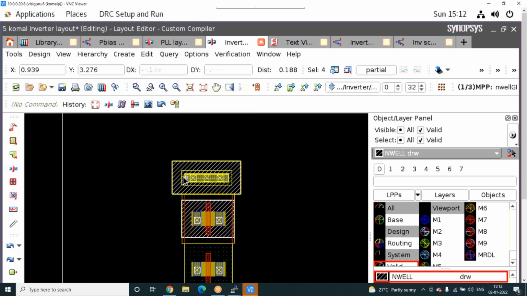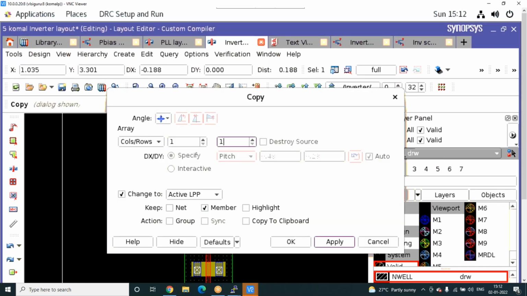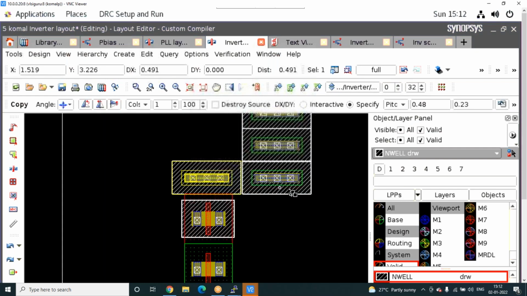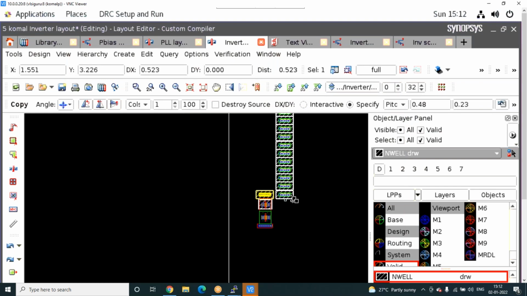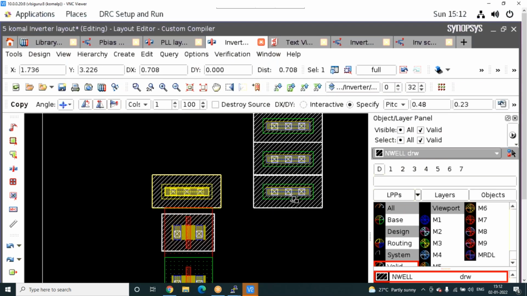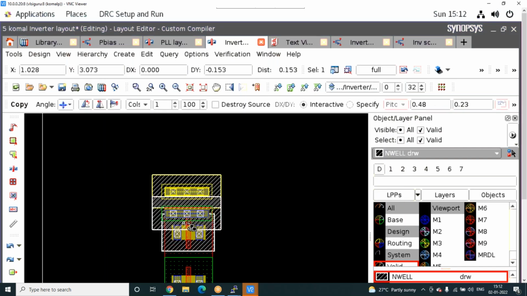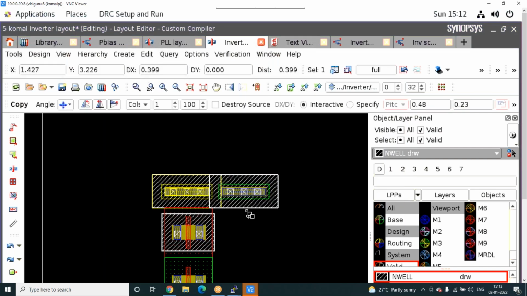So you will give the pitch. It will be as per your pitch, it will be the same.